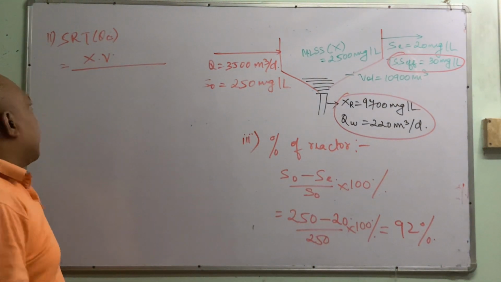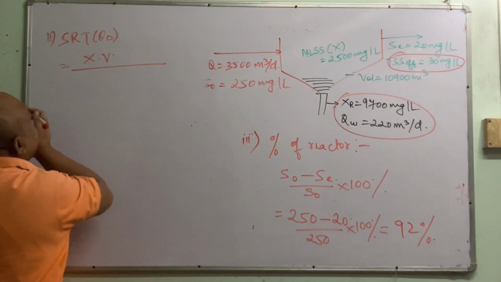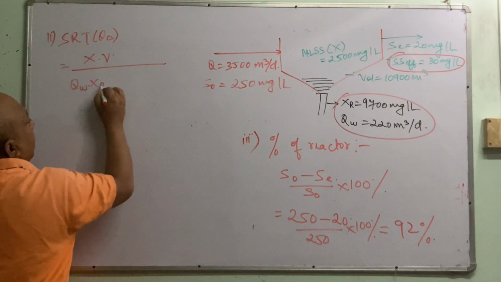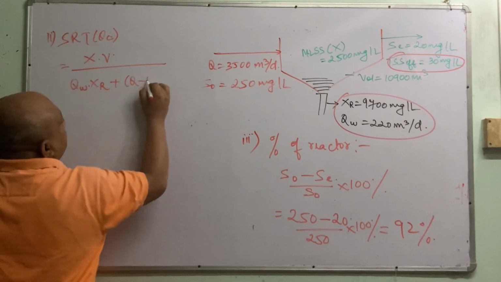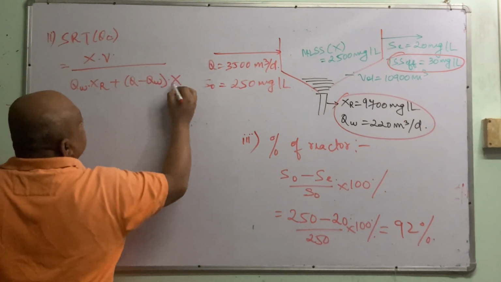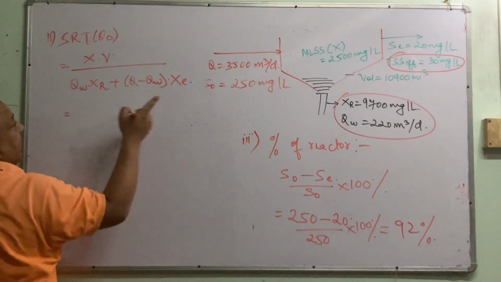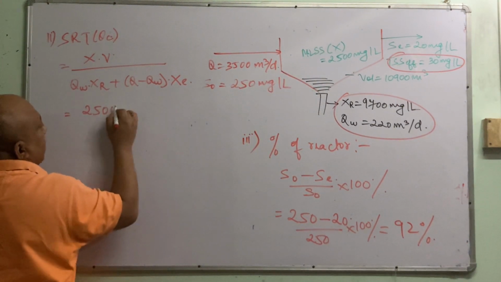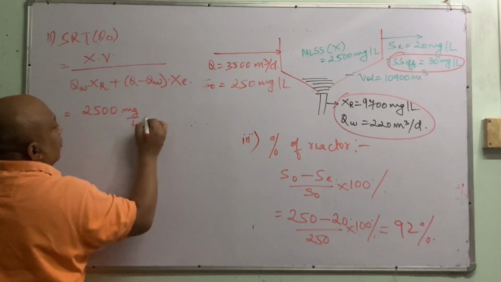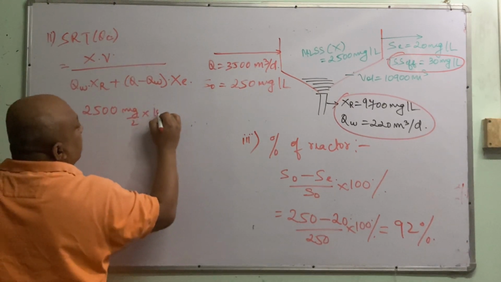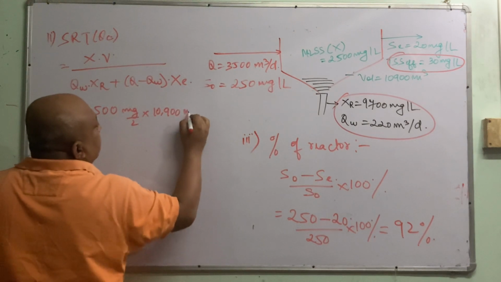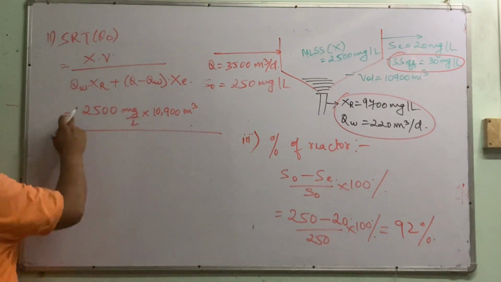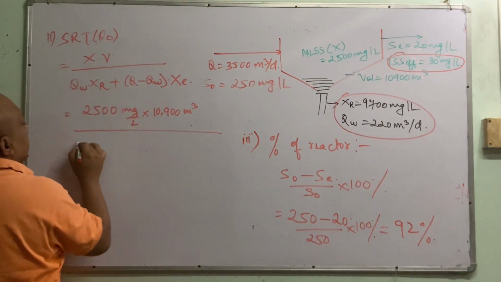solids, which means sludge. So another one is QW into XR plus (Q minus QW) into XE. Okay, what is X? The biomass over here, the sludge in the reactor, is 2500 milligram per liter into what's the volume? 10,900 meter cube, divided by the sludge leaving the reactor, QW. What is QW? 220